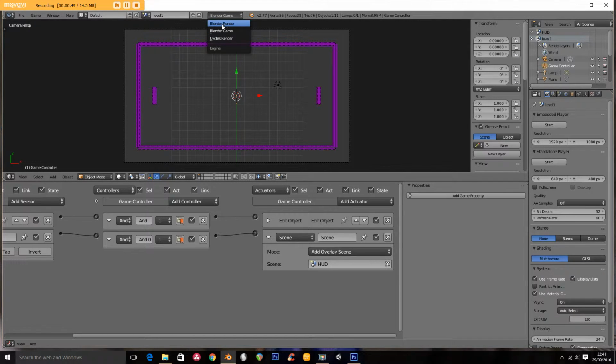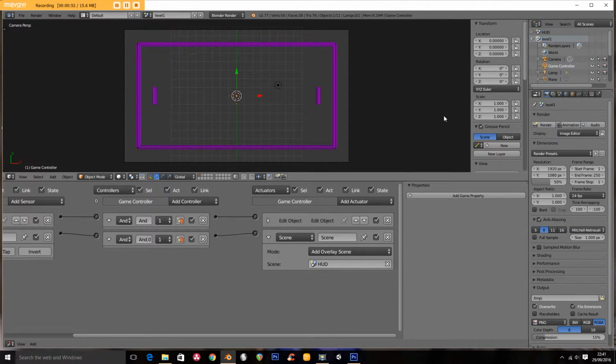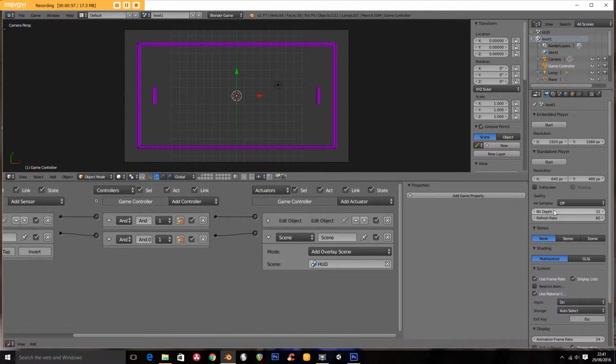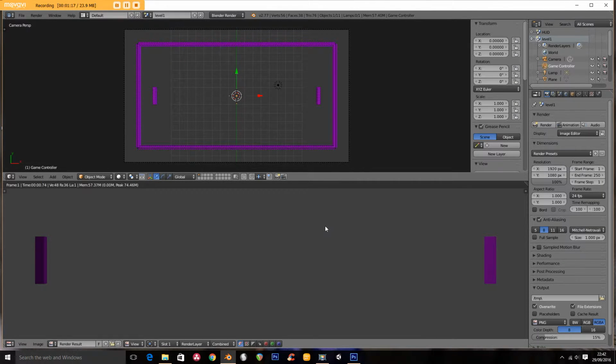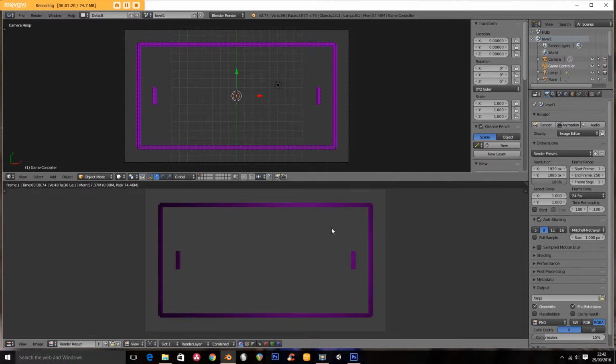So I'm going to go to Blender Render, and very little will change, but this interface over here changes. So I'm going to show you that again. When I'm in Blender Game, I have all of the settings of the game, and Blender Render allows us basically to make cartoons and produce video files and still images. So I'm just going to press the render button, and it's going to render me a picture of what's here in the viewport. So press render, I zoom out, that's a picture, and that's what I'm going to use as the backdrop to my game,